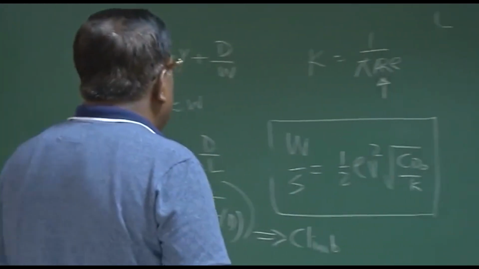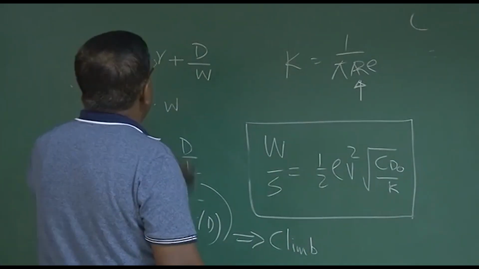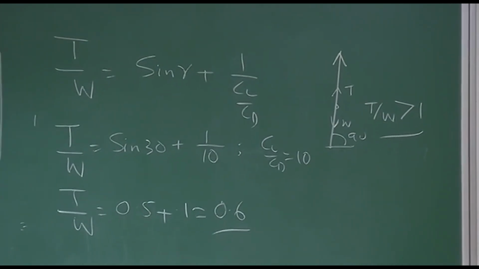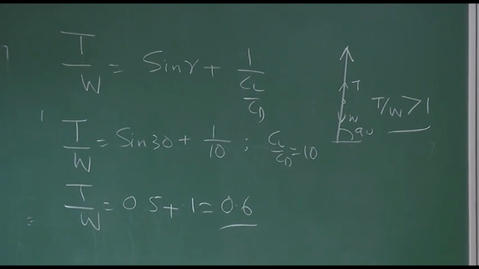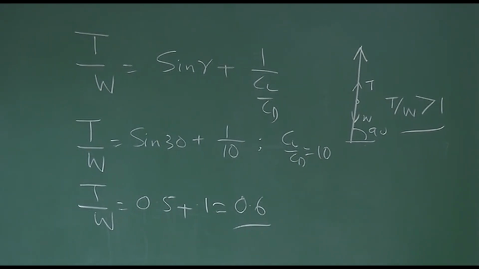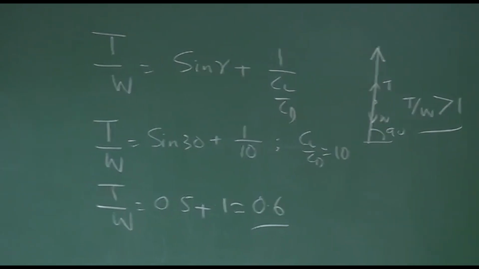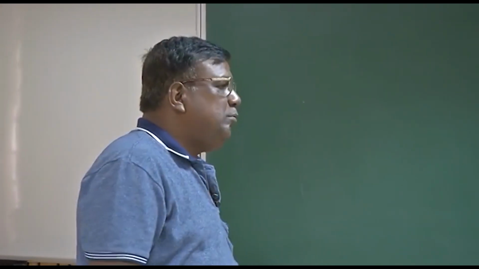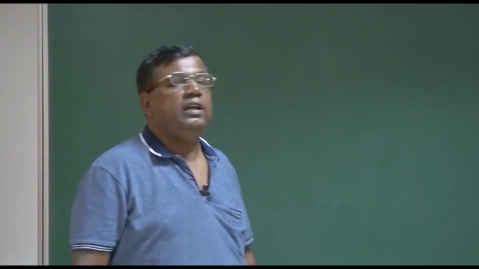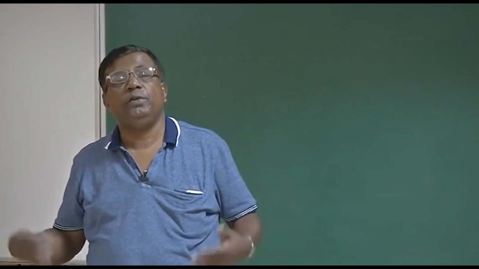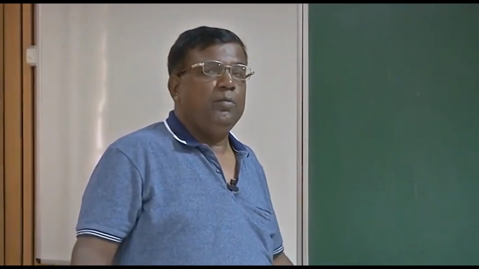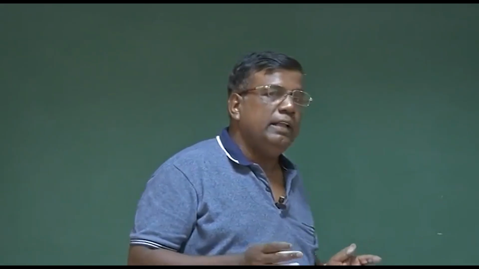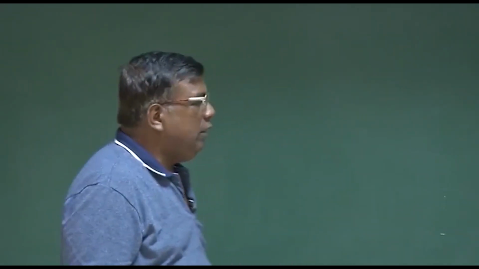Okay. If I have understood T by W and W by S, and while discussing I am talking about high speed, let us also have a few glimpses of what a high-speed airplane is and how wing platforms are configured. When I say high speed, we mean in today's context Mach number greater than 0.3, or typically 0.7, 0.8, or supersonic, depending upon the type of airplane, you can go up to 2, 2.5. The moment you increase the speed of the airplane, you will find there is a change in the configuration of the airplane. For example, for a low speed,